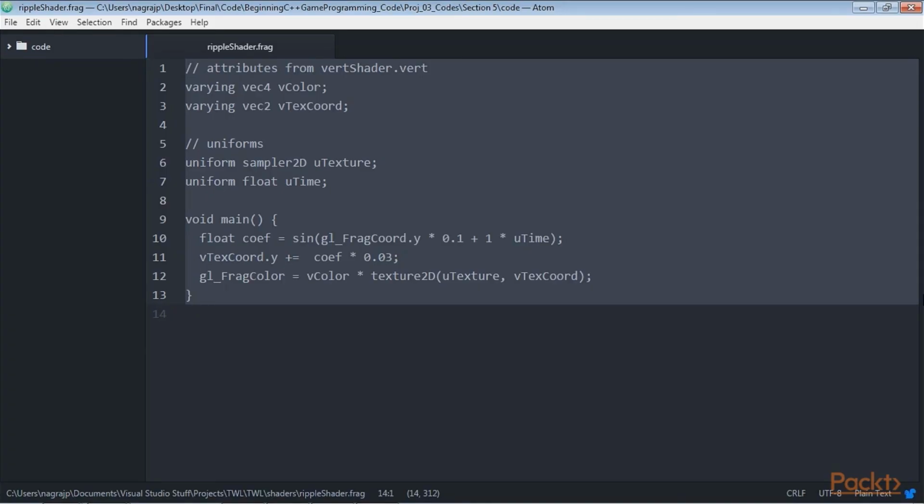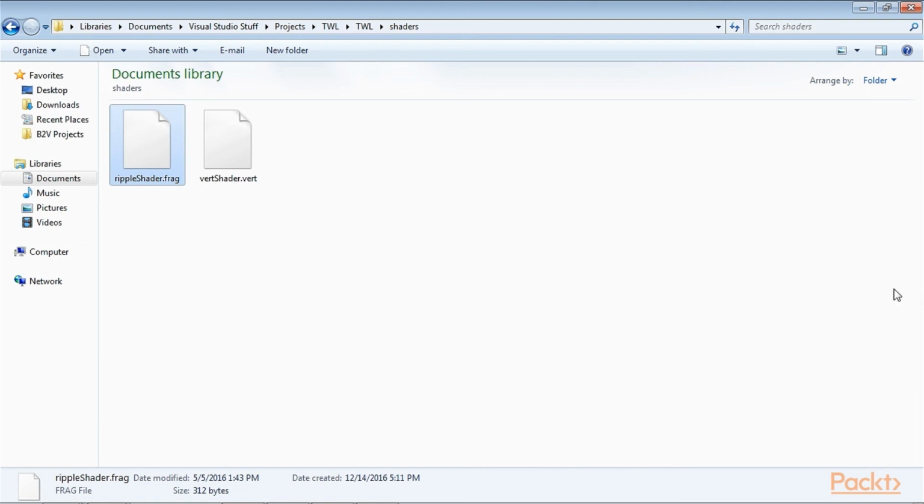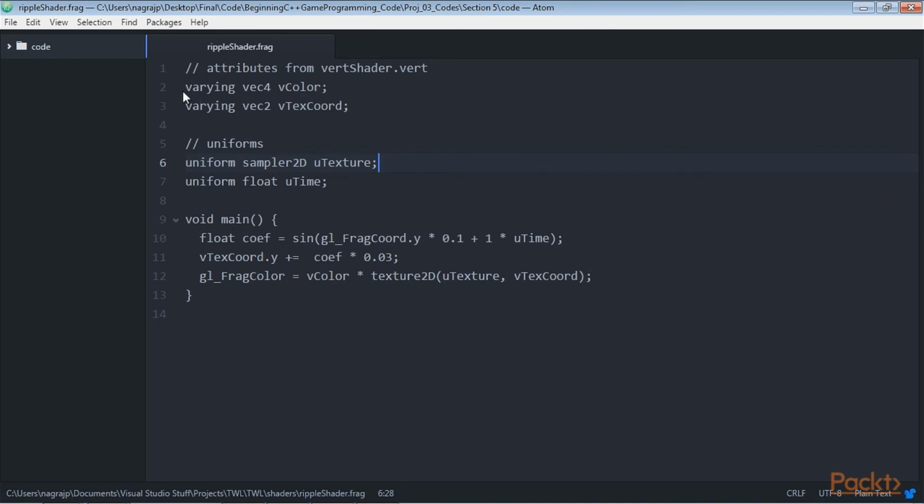Coding a fragment shader. Here is the code from the rippleshader.frag file in the shaders folder. You don't need to code this, as it is available in the assets we added back while learning abstraction and code management. The first 4 lines, excluding comments, are the variables that the fragment shader will use. However, they are not ordinary variables.